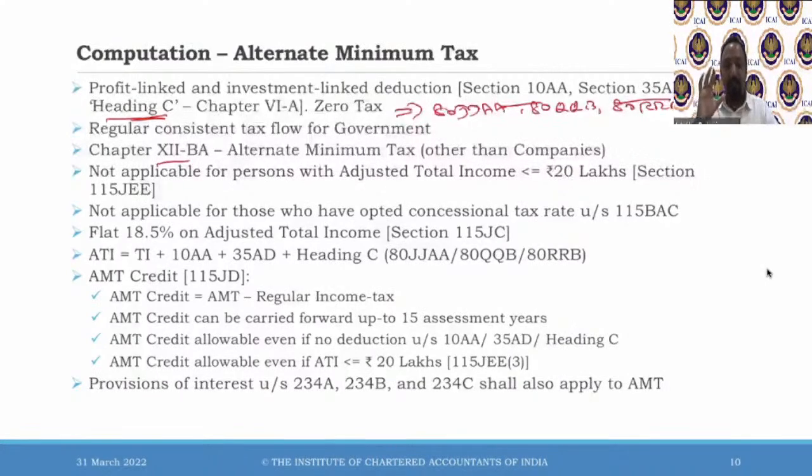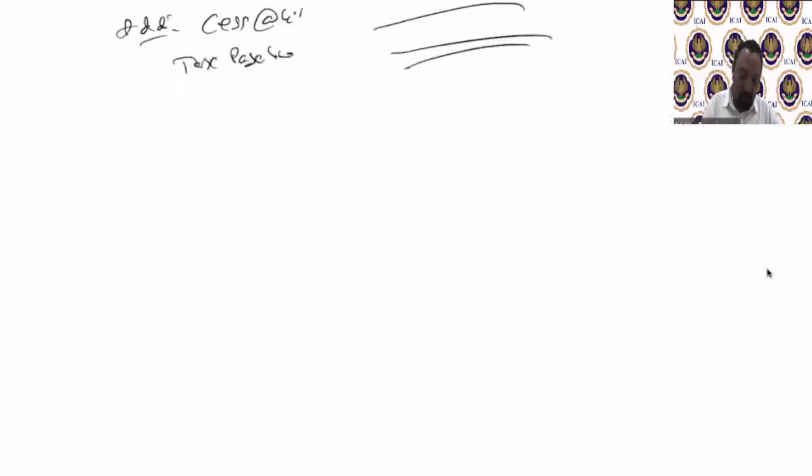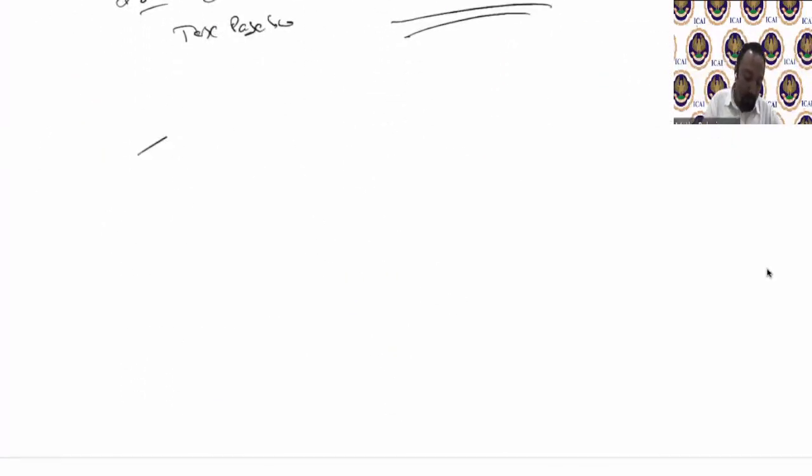See, this alternate minimum tax is very important. Please understand this concept. And it is also not applicable for a person with an adjusted total income less than or equal to 20 lakhs. So when you're working out a problem, you need to see two things. First is whether there is any deduction under 10AA, 35AD,